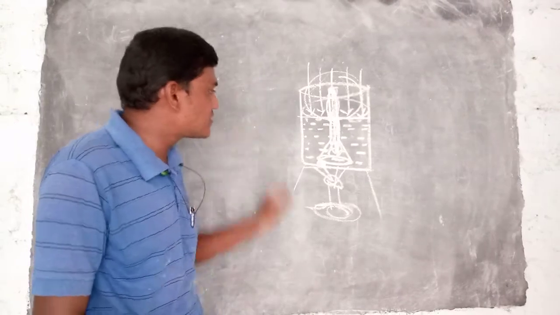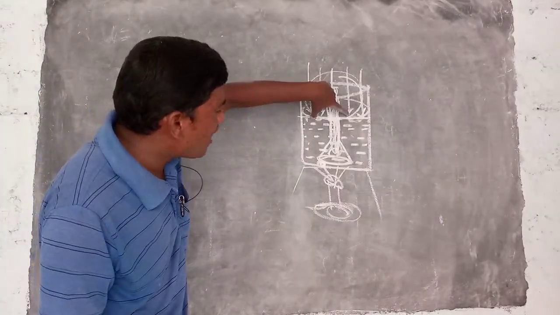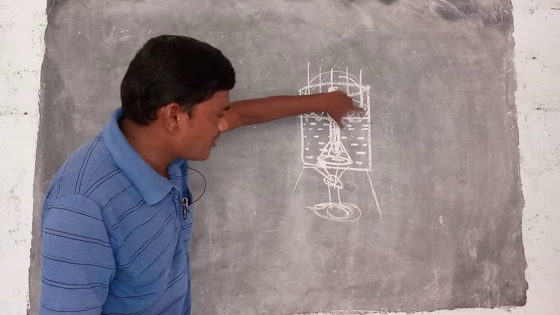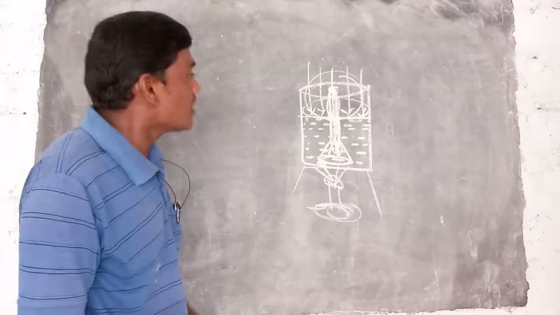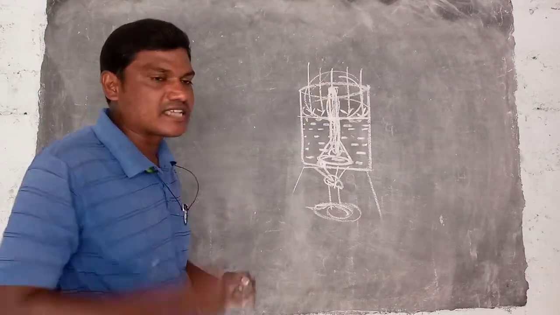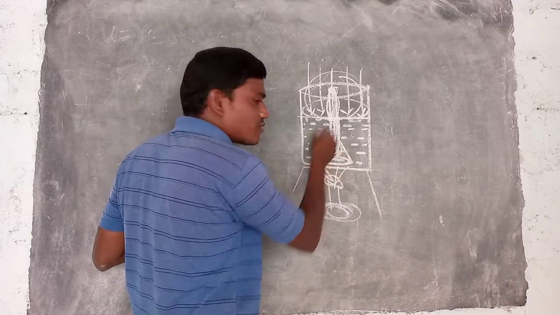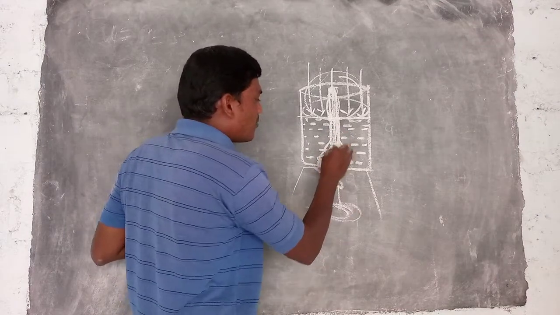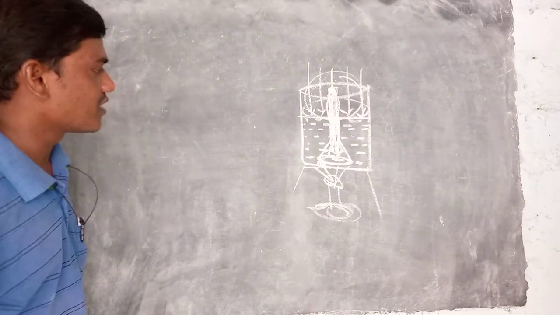If the pressure decreases, the boiling point also decreases. That's why, when compared to the beaker, we only consider the funnel. In this one, the pressure is slightly more. If the pressure increases, the boiling point of water also increases, so the water in this one will quickly boil and the bubbles will appear fast and come outside.